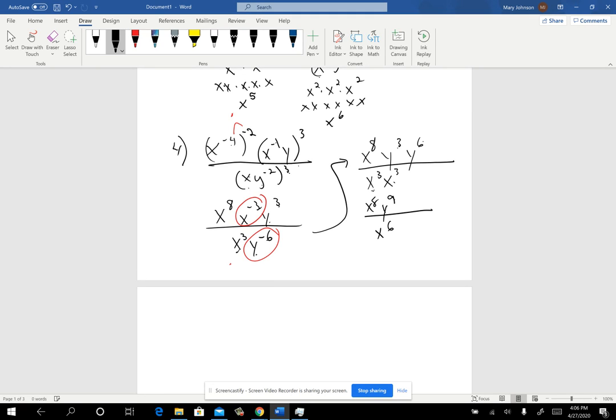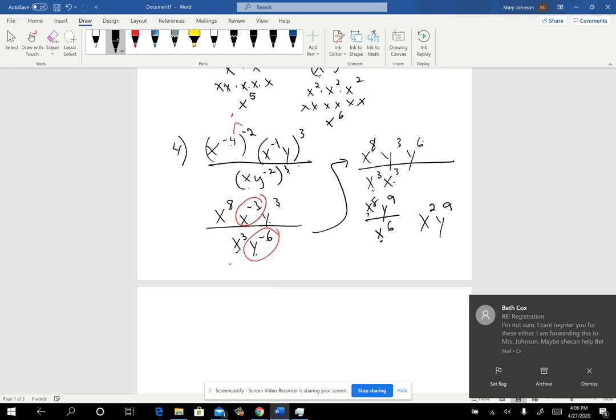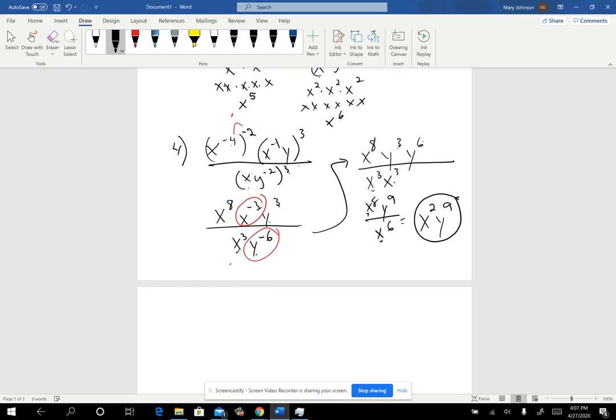And then you're not quite finished on that one because the 8 x's that are multiplied together on top and the 6 x's multiplied together on the bottom, you'll be able to cancel out all but 2 of the x's. So you'll have x to the second, y to the 9th for your final answer. Okay. And there you have it. All right. So that's the exponent, a reminder of how exponents work. So I'm going to go ahead and post that